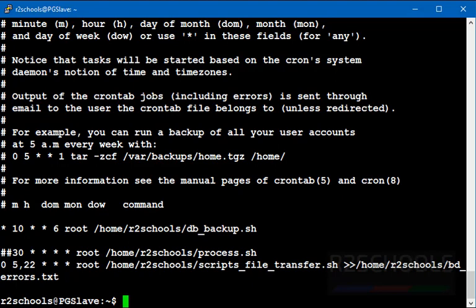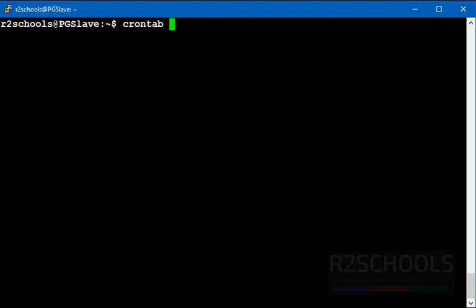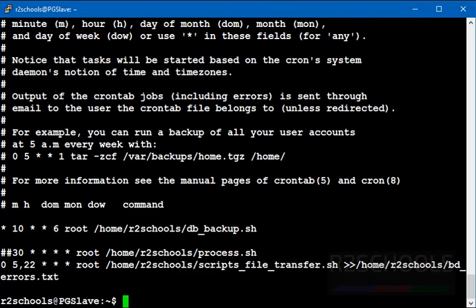In the next example, we are going to see how to take a backup of cron jobs. Crontab -l, which lists the jobs, and back them up to the file cron backup.txt. Let's see what it contains. See, it contains the same. Both are the same. It is always better to take a backup of cron jobs. If we edited something and forgot to revert it, we can restore them.